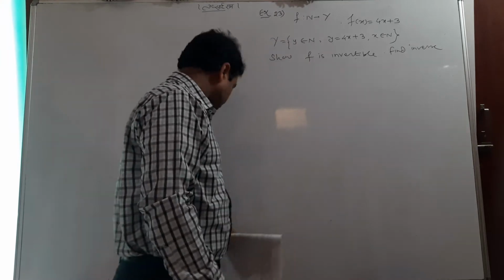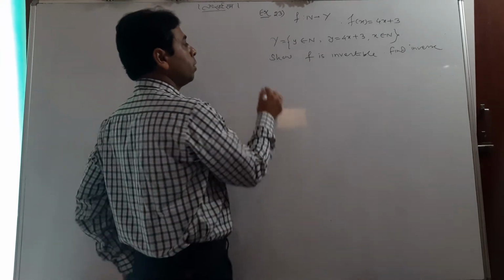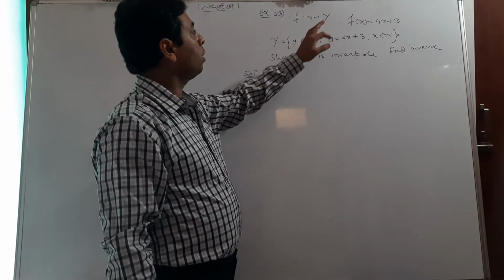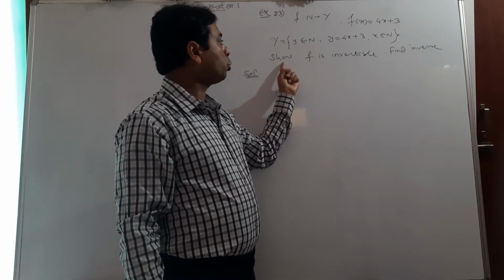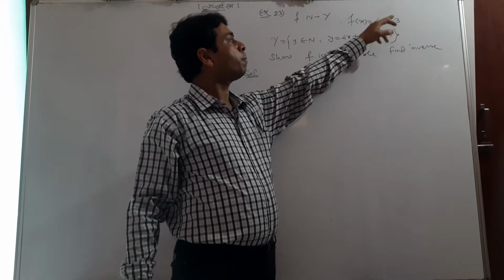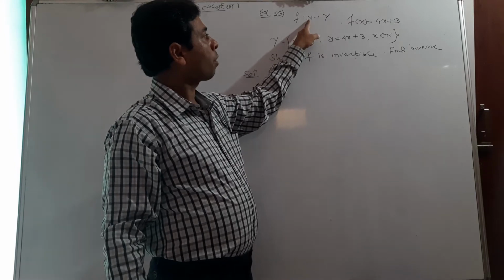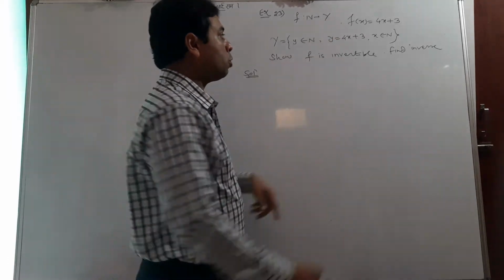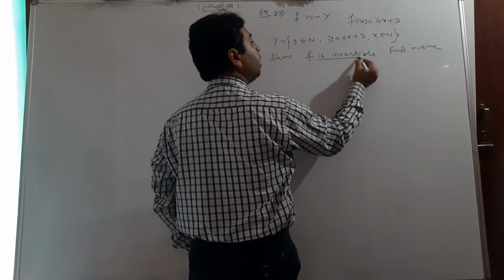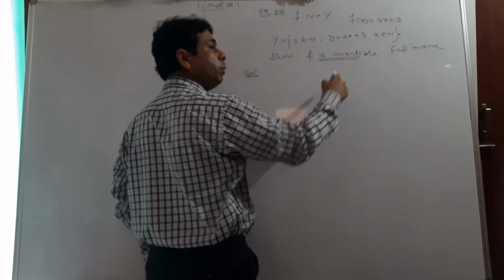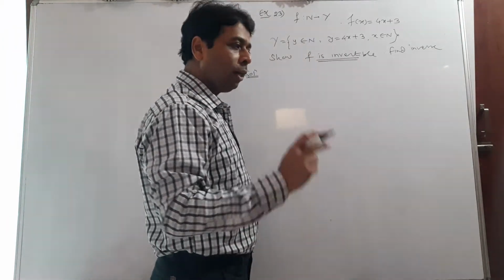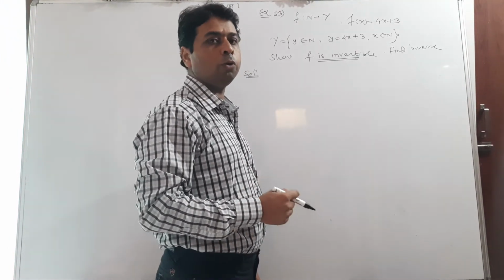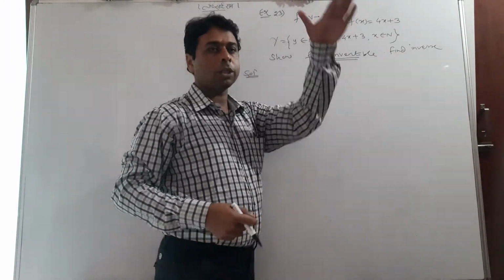So the first time you are having this question, see properly. What to do? We have to show the function is invertible. What is the function? This one. Here it is the domain, and it is your codomain. So for finding invertibility, I have taught you that any function will be invertible when it is both one-one and onto. So I will first prove the function is one-one, then prove that the function is onto, and then finally I will find its inverse. So these are the stages.